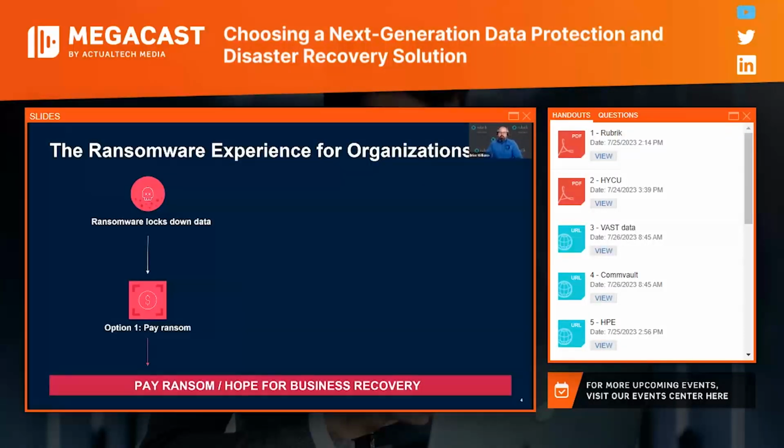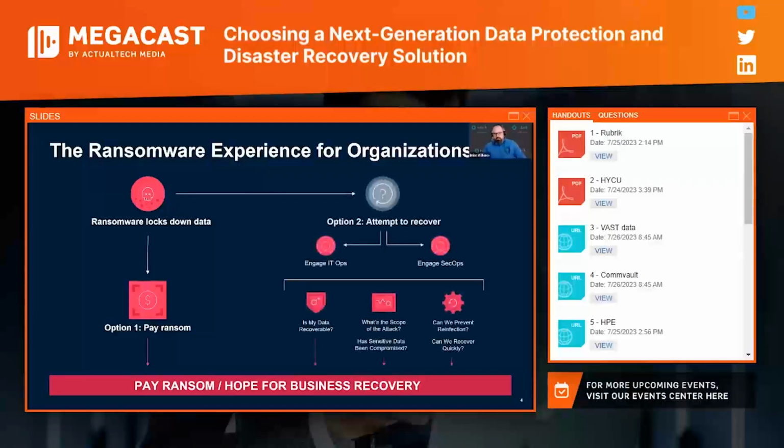Obviously, there are two options. You can pay the ransom, but we don't want you to do that. There are a couple of reasons why. One of which is they're criminals. Are they going to keep their word? Probably not. Other is, even if you do get the decryption tool, there's no guarantee that it works. And what we've observed is even using the decryption tool, it can actually corrupt your data. So now we're talking about data loss, even though you paid money.